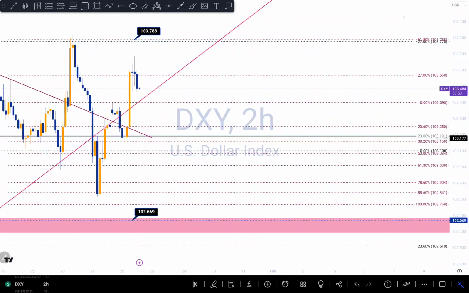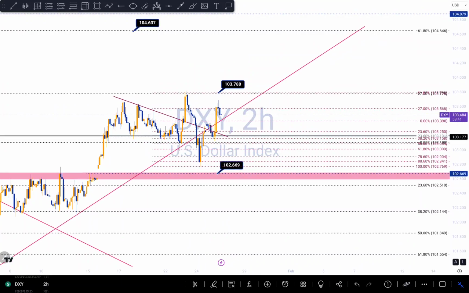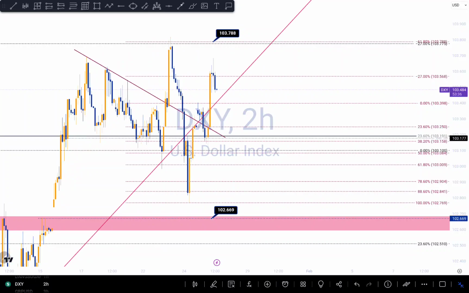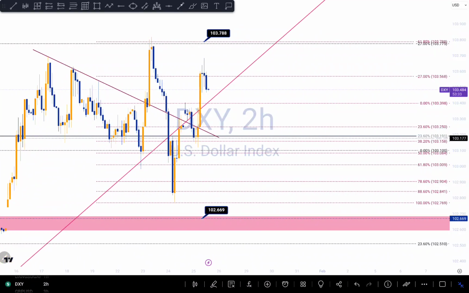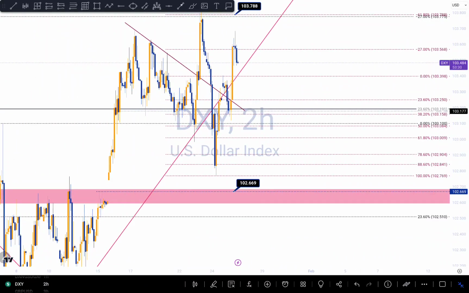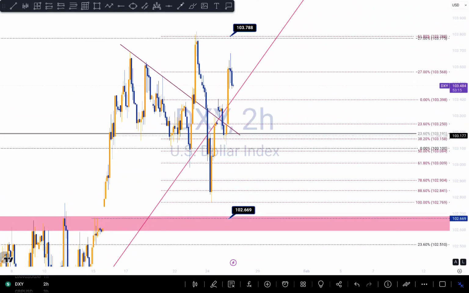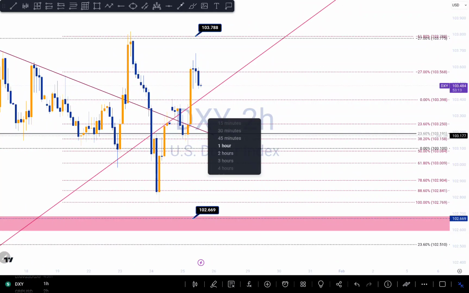So we can see that we started rejecting around my 38.2% fib level, so there's a possibility for us to still push down here to touch this trend line and continue to push to the upside. That would be my first target, to be honest, on DXY, guys. But like I said, I still think it's going to push to the downside, and this is a good solid PTP that I'm still expecting. But as of right now, I see more momentum of a buy rather than a sell. But we know the market does what it wants to do.